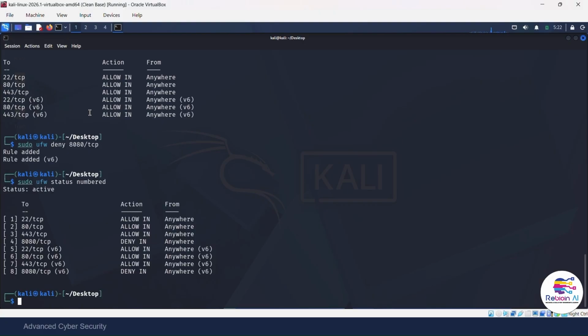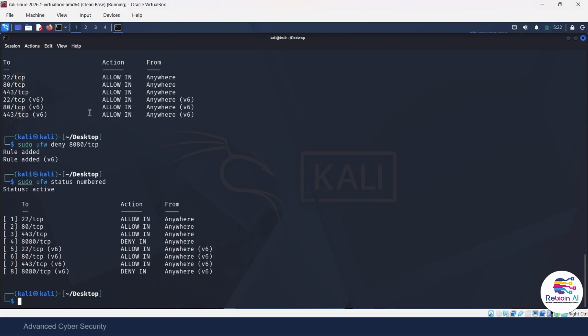I just added a rule to explicitly block port 8080. Notice in the numbered list, rule 4 says deny 8080. Sometimes developers accidentally leave test servers running on port 8080 exposed to the internet. This rule makes sure even if something is running there, no one from outside can reach it. This is defense in depth,